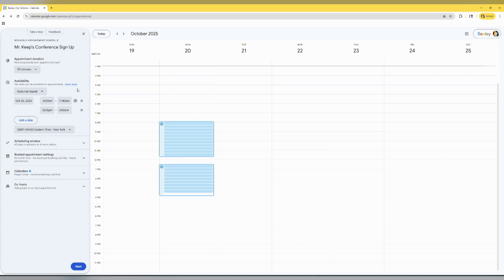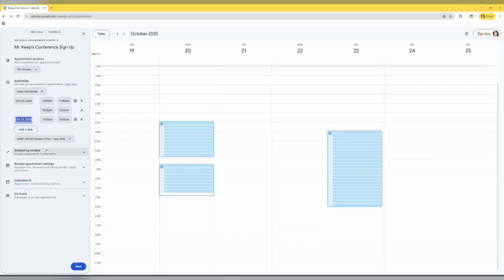And then once I have those times in there, I'm going to go ahead and add the rest of our dates. So I'll click Add a Date. Our next date for conferences is October 23rd. So I'll choose October 23rd, and that's a nighttime or evening conference. My first conference slot is going to be 4 p.m. So I'll scroll down to 4 p.m. and select that. I am going to go until